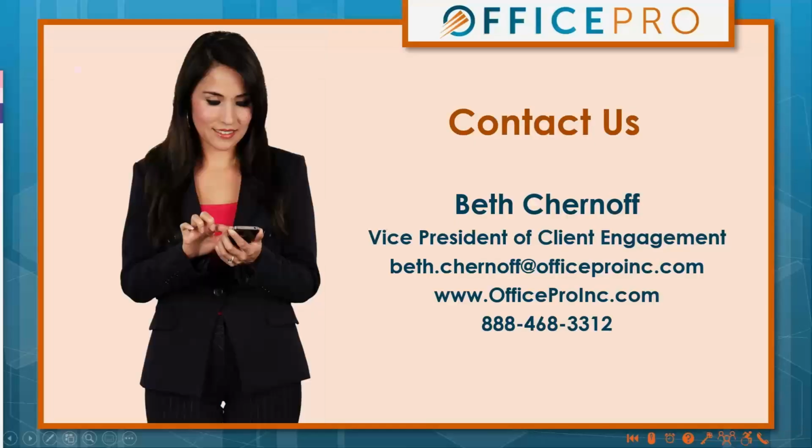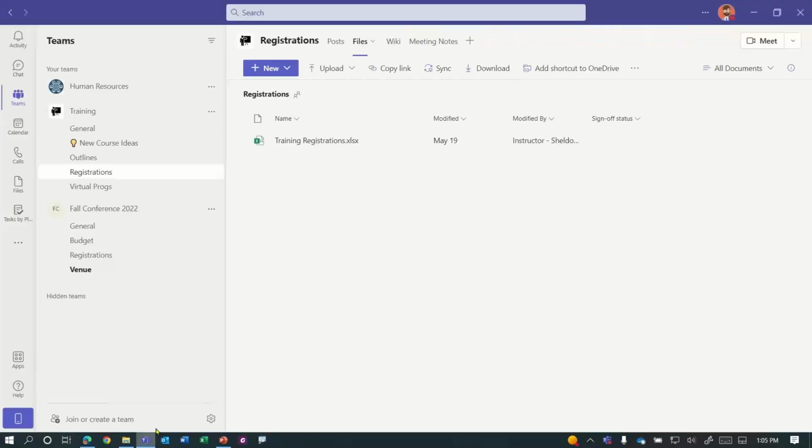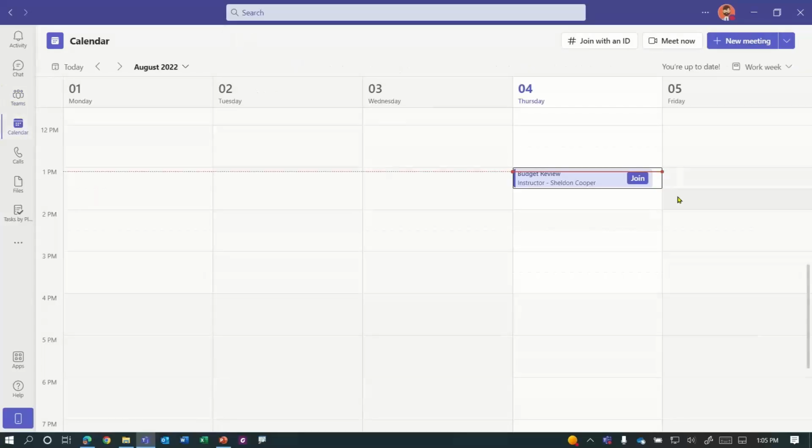Now, if you are not using the web app and you are actually using the desktop application, I know that in the earlier versions of the desktop application, when you joined a meeting, it would actually join it in the default Teams window. And that was very inconvenient.